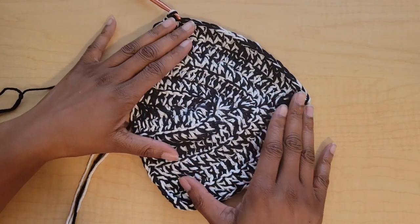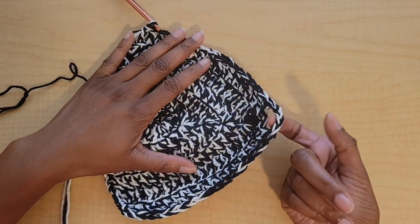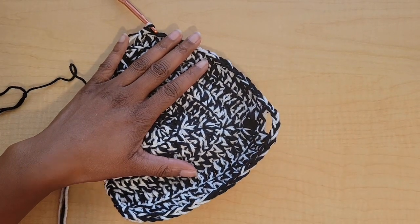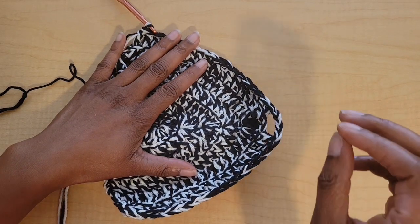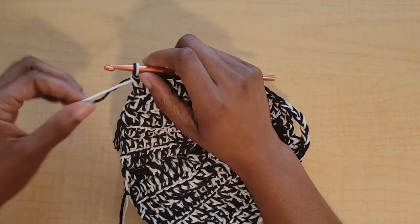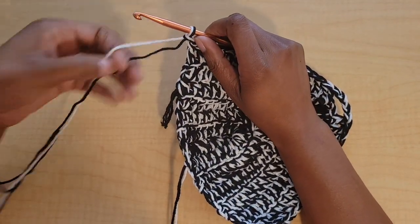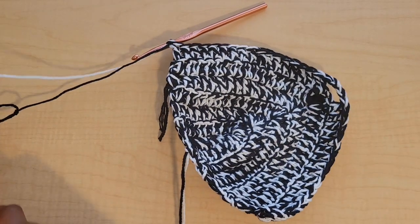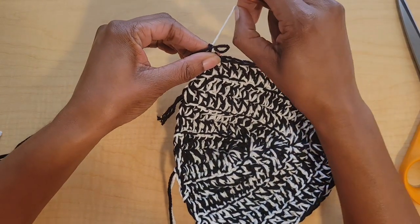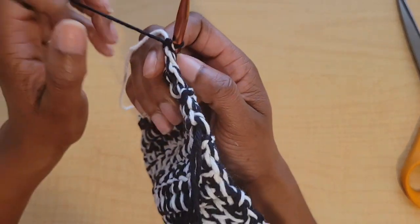And this is what it looks like once you finish row 7. So you'll have this little loop here, and like I said in the beginning, if you don't have the purse latch that I'm using, maybe a large button or something like that you could use to secure your purse flap. So let's continue. So now we will chain 1 and fasten off our accent color. So fasten that one off, and then we will crochet over that tail as we go. And then we will turn our work,